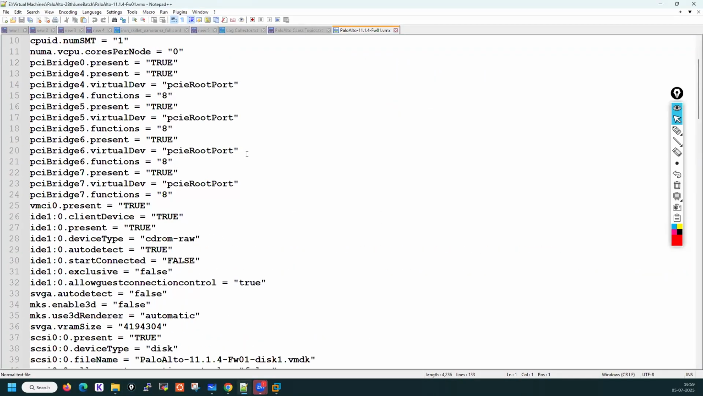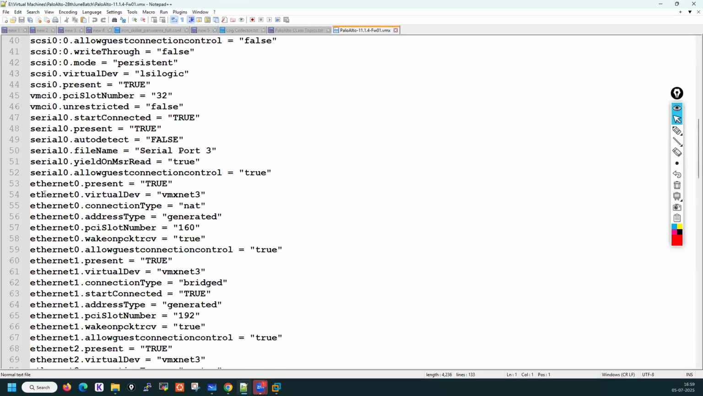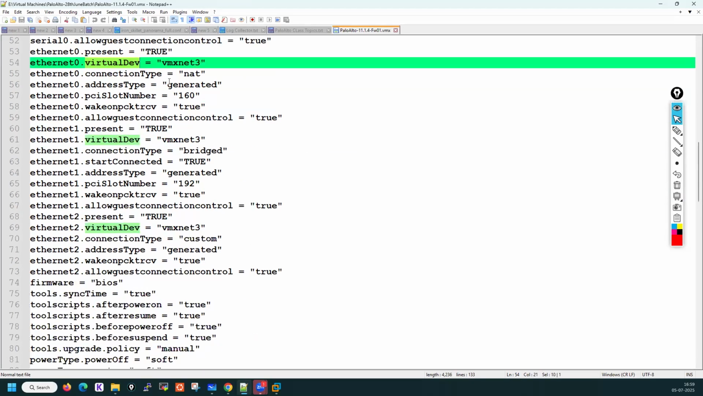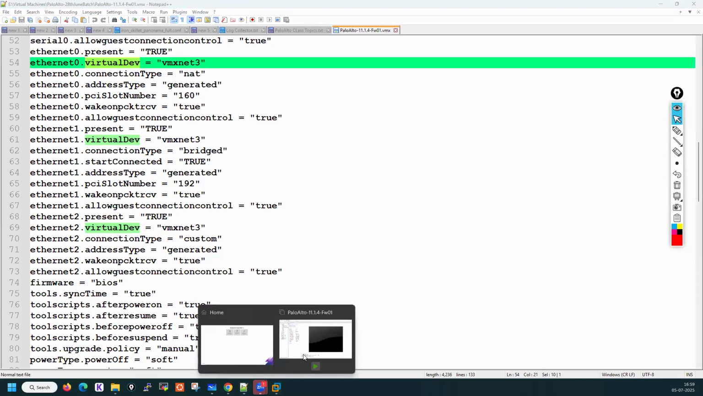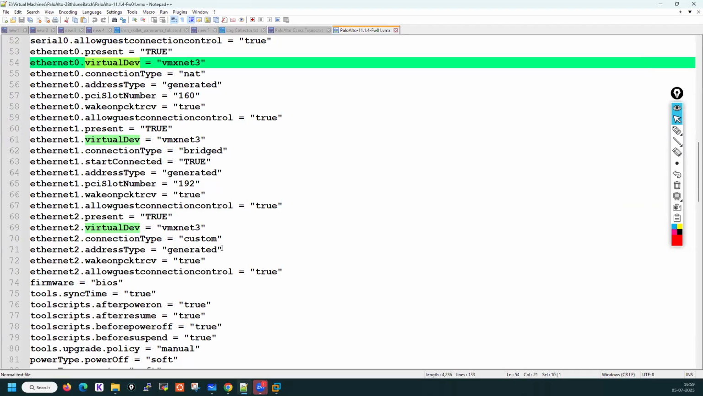Now you have to go a little bit down, and you can see this line, highlight this virtualDev. ethernet0.virtualDev equals vmxnet3. Just copy this vmxnet3. Highlight virtualDev again. So you can see virtualDev equals vmxnet3 is correct for Ethernet 0, Ethernet 1, and Ethernet 2, which means for the initial first three it is vmxnet3, but for the remaining